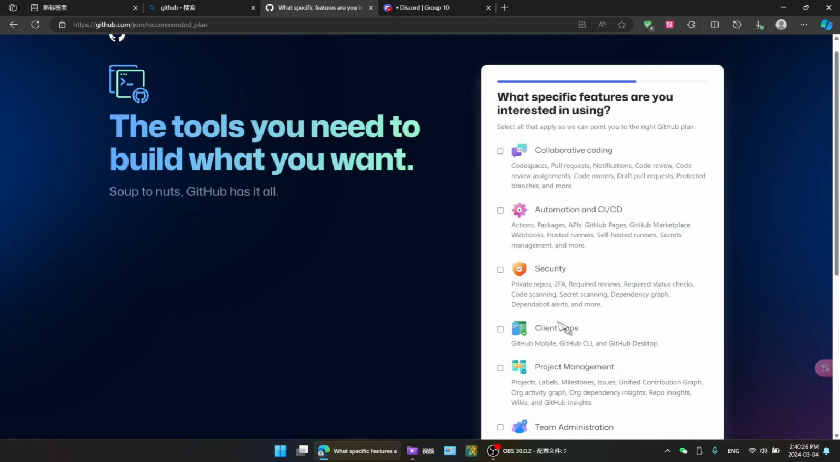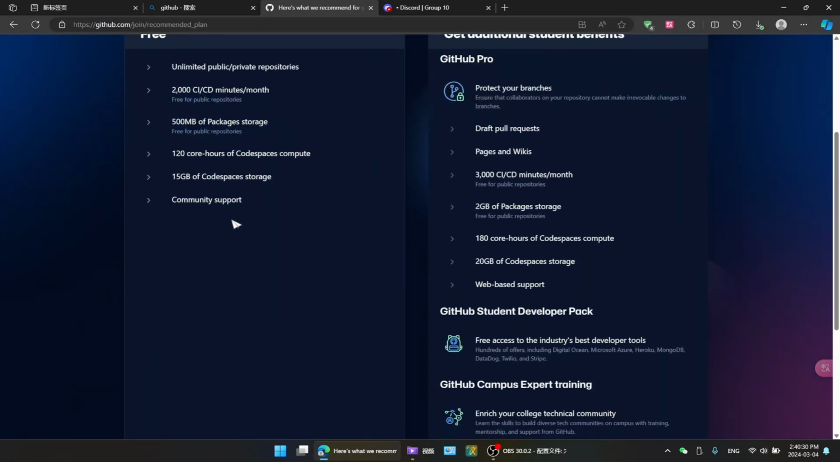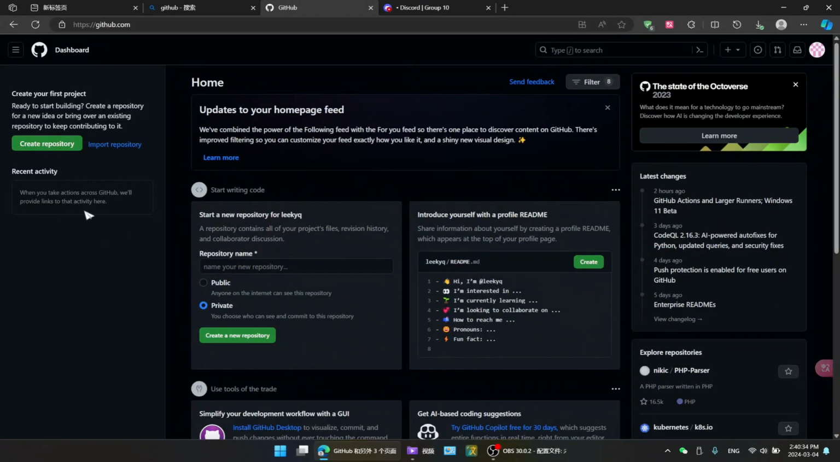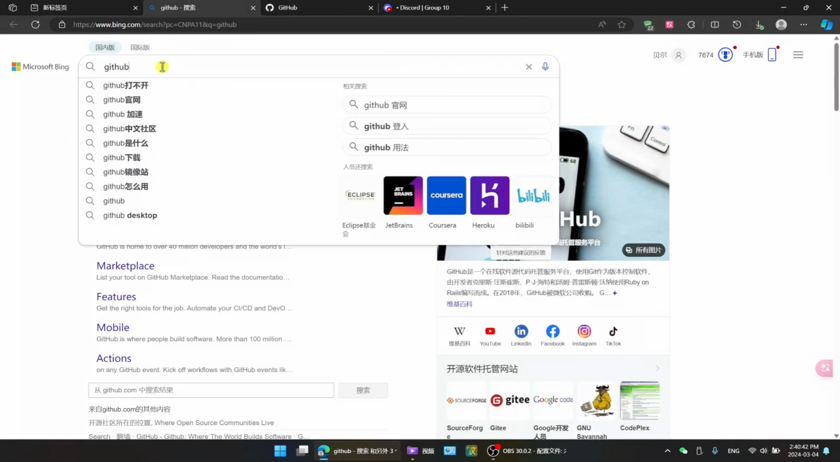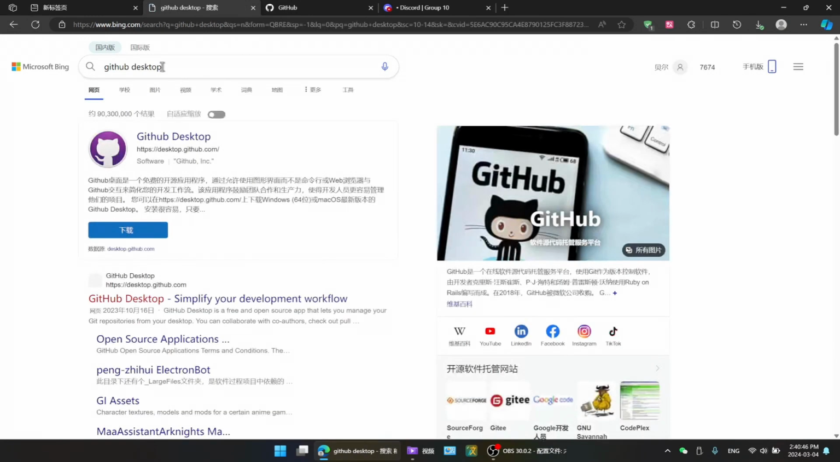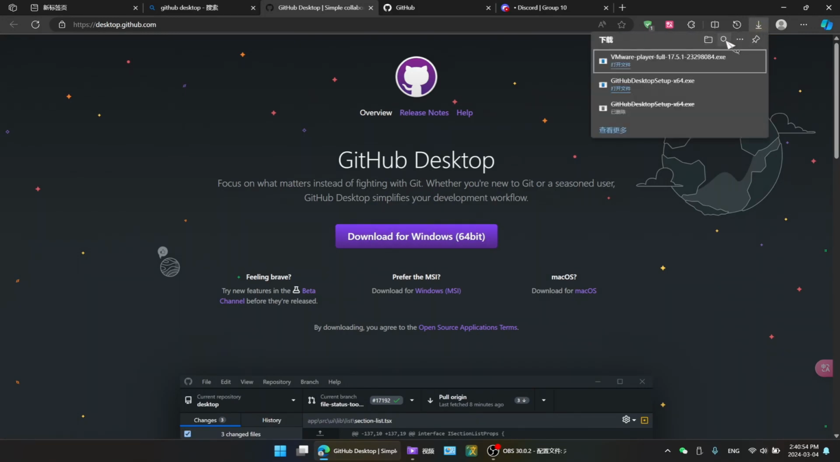Okay, create it, continue, free, just free, continue for free. Okay, now we'll create an account on GitHub and leave this page, just leave it like this, and we search for GitHub desktop now, and click the first link, download for Windows, and after it was downloaded,